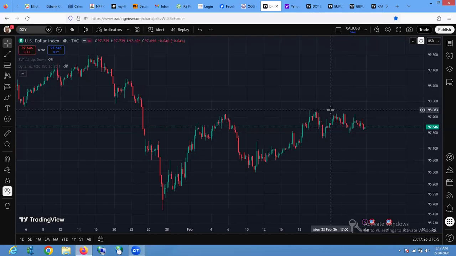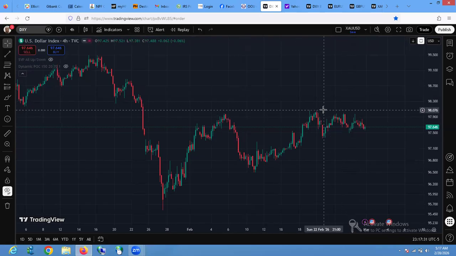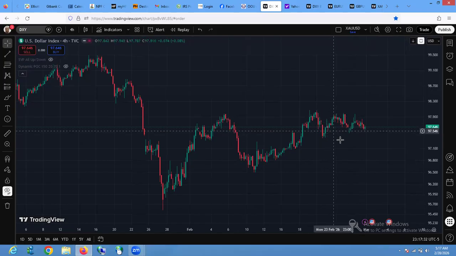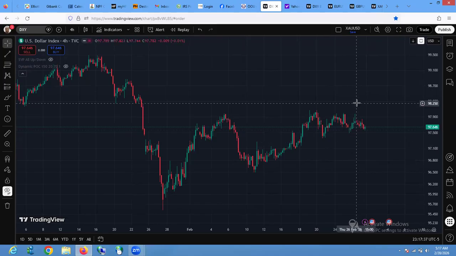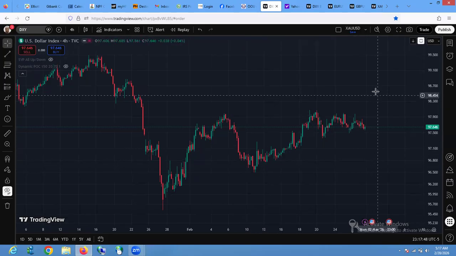So we are seeing this breaking this top here. This is a warning that the price have a preponderance towards the upside, but not immediately. I see it's going to move to the upside, but maybe it's going to fall, probably correct up to 50% of this entire run before they take it to the upside.